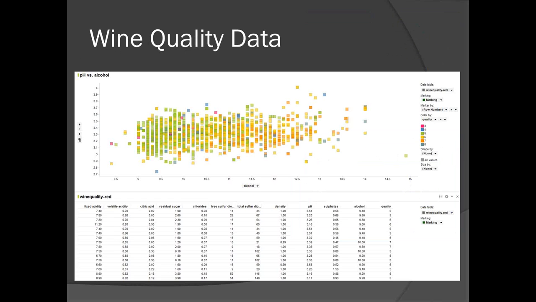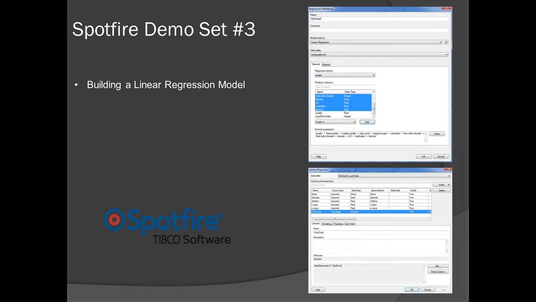And what you can see from this plot, actually, is that the green points, which tend to be the lower quality ratings, tend to sit at the lower values of alcohol, and 6s and 7s tend to be at a higher. So maybe people prefer their wine with a higher quality, higher amount of alcohol in it. So let me now jump into this third set and really show you quickly how we build a linear regression.